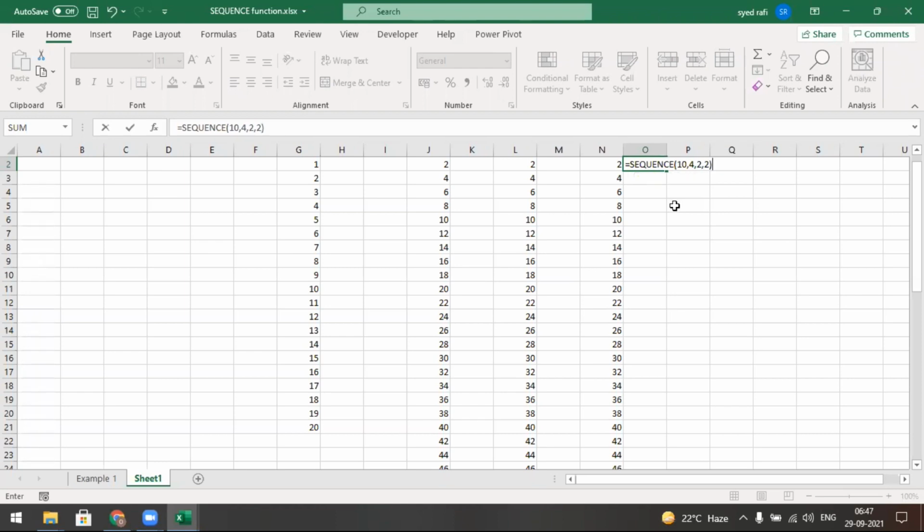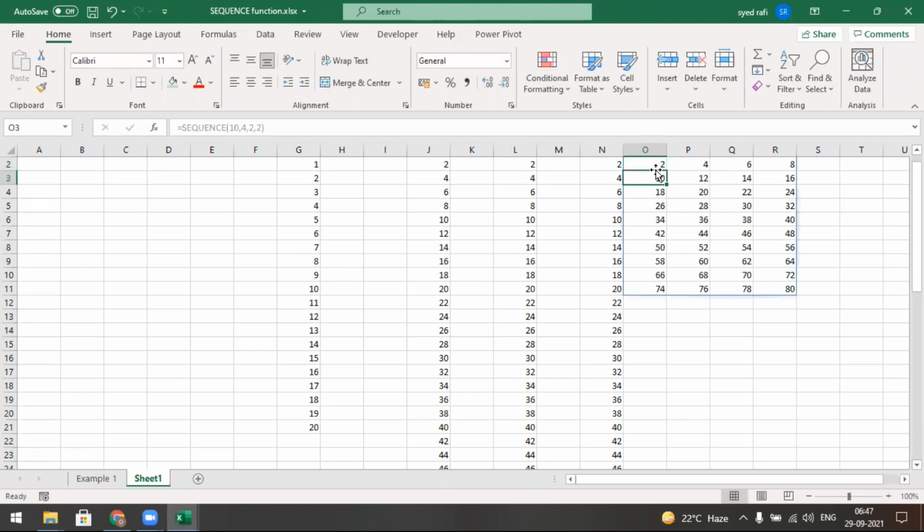What happened? Let's check. I gave 10 rows. You may count here, you may select here, it will be displayed. It's 10 rows and 4 columns. So 10 rows, 4 columns will be formed, and it asks for the starting and increment step value. So automatically it will arrange the values.